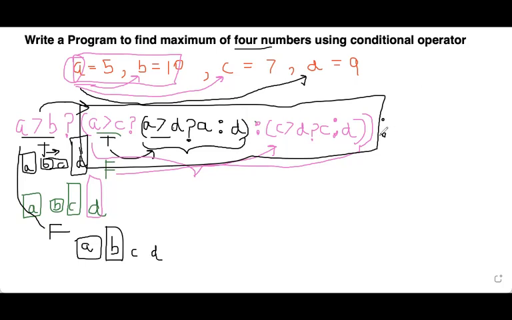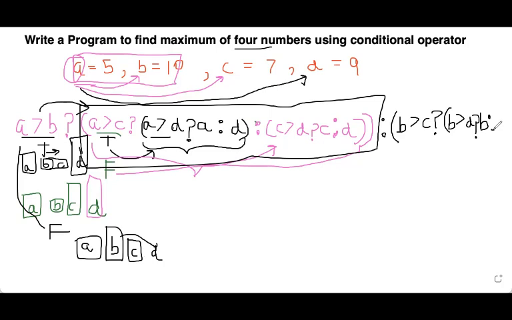Right? So here in the else part, you will write, start the bracket, is B greater than C? Is it true? Right? Is B greater than C? If B is also greater than C, now I'm going to compare it with the fourth value D. If it is true, add the bracket again. Now check, is B greater than D? Okay. If this expression is true, now B is greater than A, B is greater than C, B is greater than D. It means B is maximum. So here we will write B after the question mark.